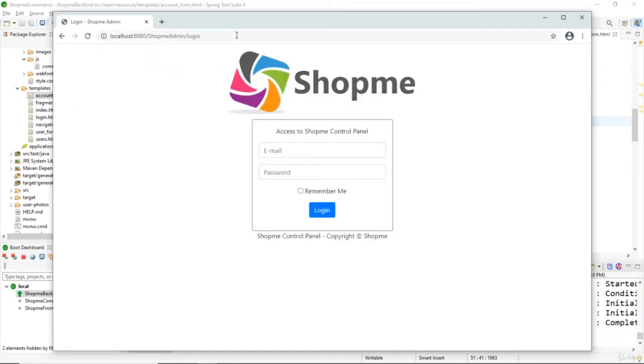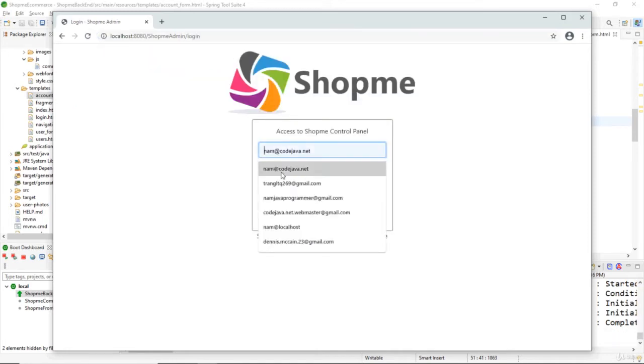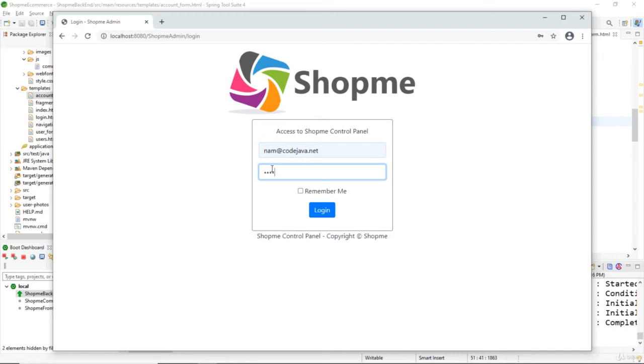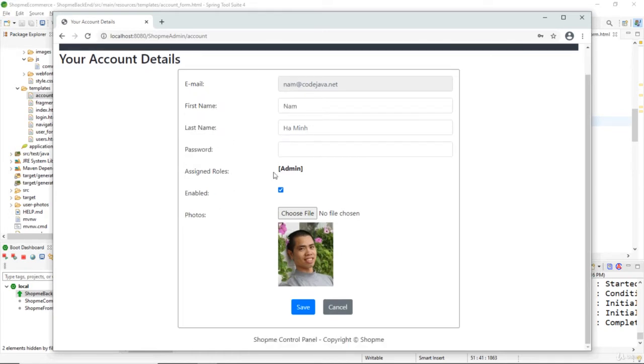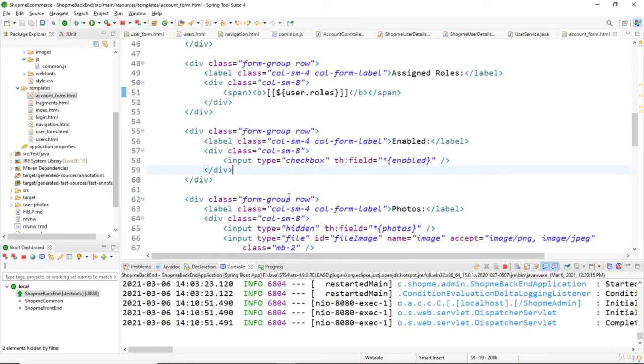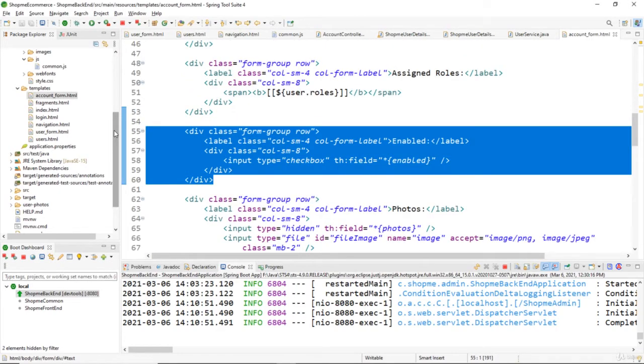Refresh. I need to log in again. Now I can check the remember me option here, so next time I won't have to enter email and password to login. Okay, and you can see the account details page appears here with the details including email, first name, last name, assigned roles, enabled status. We don't need to set enabled status, photos, so we delete the enabled status row here,